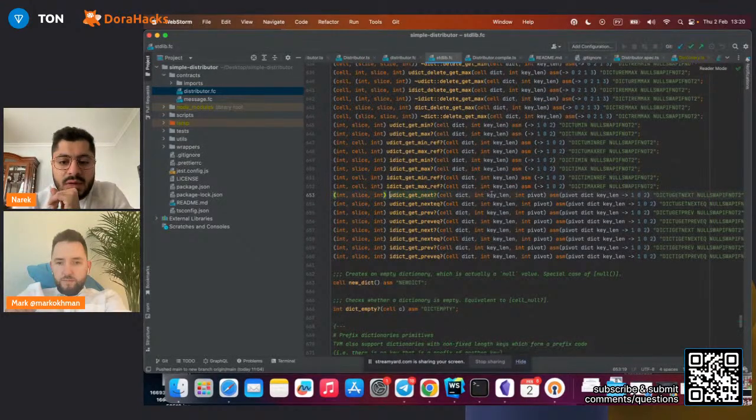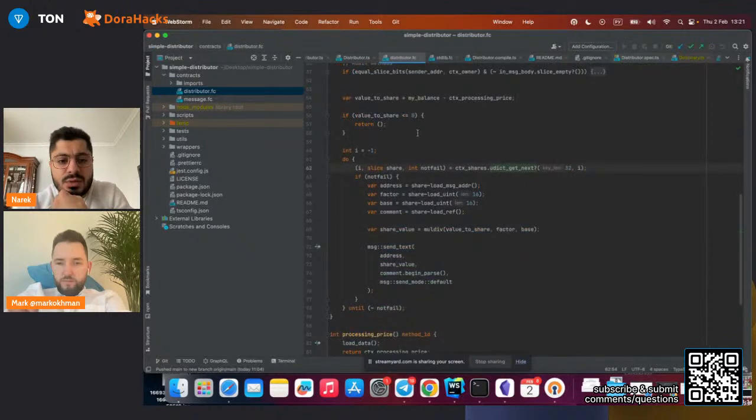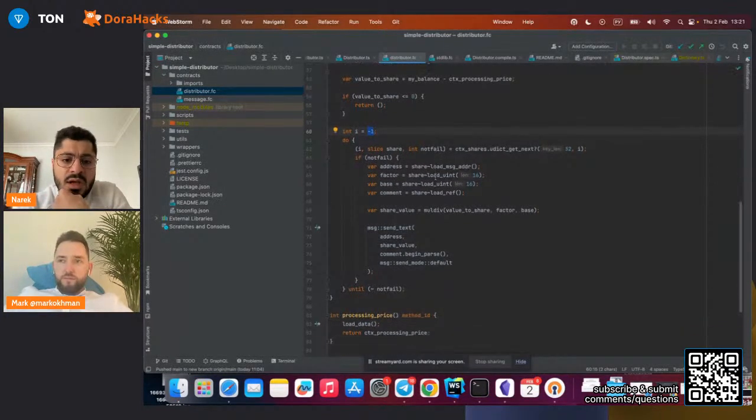So in this case, this operation just accepts the dict, key length, and the index, and searches for the next value with greater index. So we start with 0, 1, which means that we will receive the 0th record, the first, and go on. So we iterate through it, and